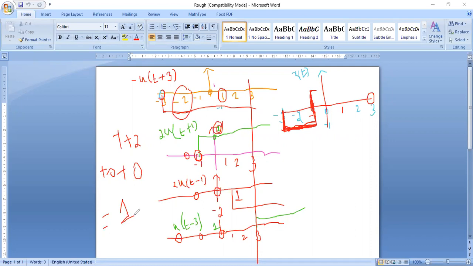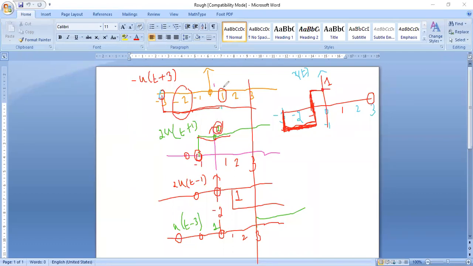And you can ask me, ma'am, do we have any transition at t is equal to 0? No, there is no transition because the previous value was continued. Here also the previous value is continued. So I do not see any transition at t equal to 0. So the value will be continued at t equal to 0. That amplitude 1 will be continued. Even at t equal to 0 the amplitude is 1. And you can ask me a question, how should I do the transition in the final diagram? So when there is a transition in the input diagram, then there is a transition in the output diagram.